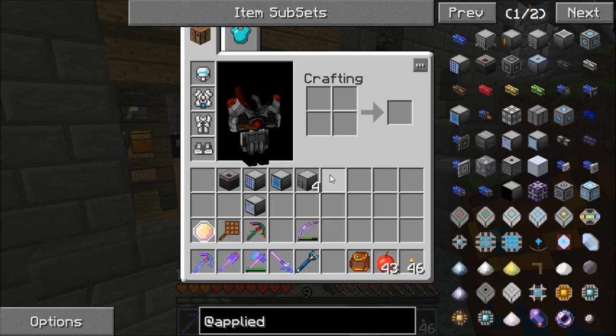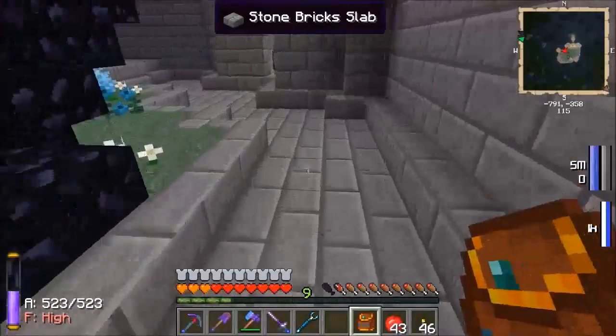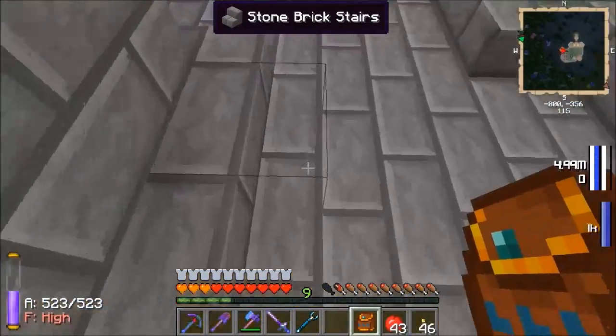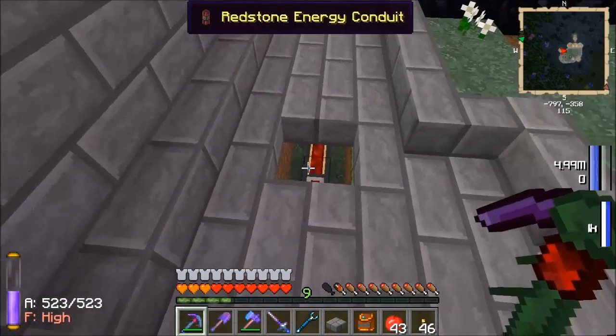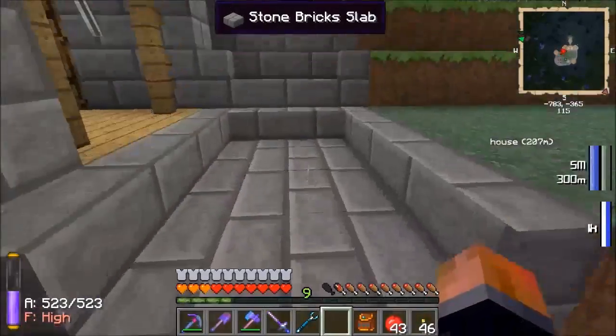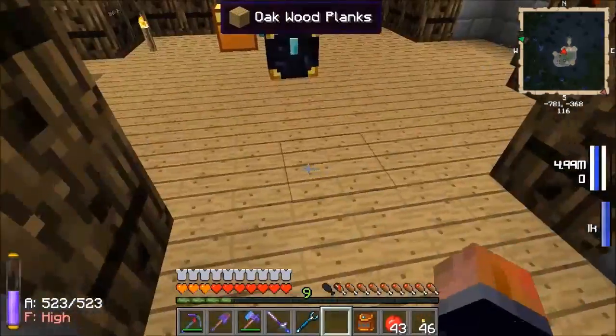So I made the basics. As you saw, we had the ME controller, and I've wired it. I've got power up to there, as you can see. I've taken the power right underneath the path. So if I break that, anywhere along this path, break the middle block, then you'll see the power running to here, and then I brought it in here, and I was going to bring it to